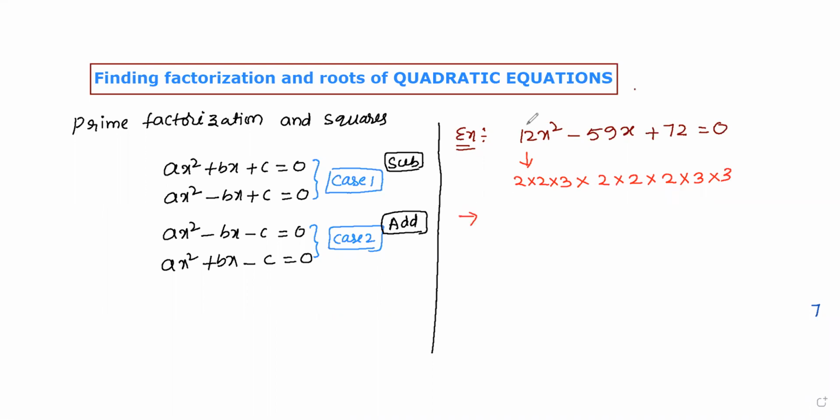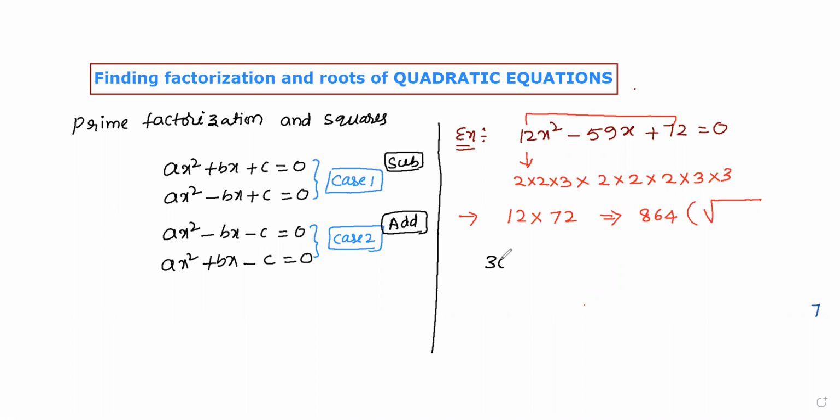After that, we have to take the product of the constant term and the x square coefficient. So that is 12 into 72. So that gives us 864. If you find the nearest perfect square value of this number, in this case it will be difficult to find the perfect square nearest to the value. So 30 square is 900, you can take 30 also here. Actually in general we have to take a lower value, but in this case you can take 30 also.